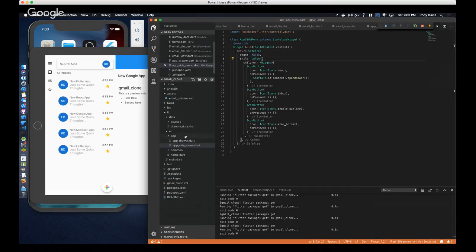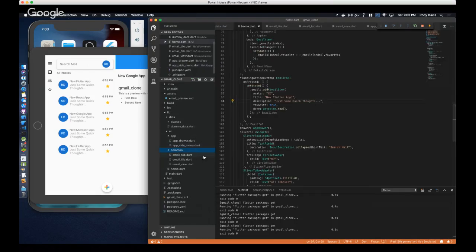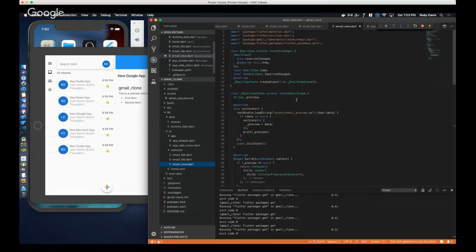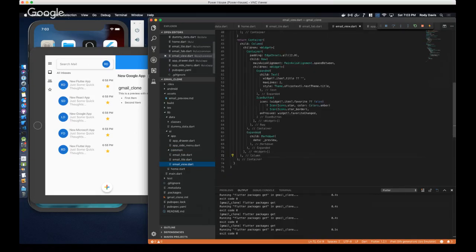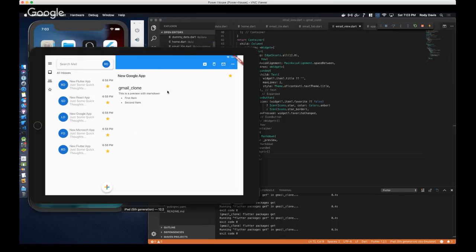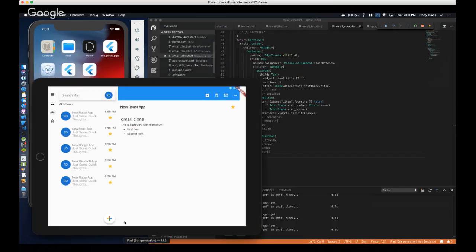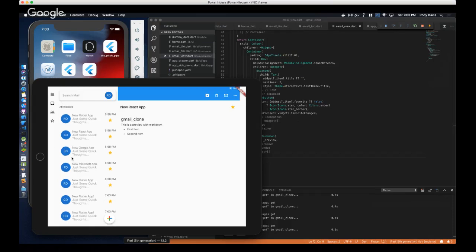In the detail view, let's check, see what's going on. Cool. So if we want to run it on mobile, you can hit add and